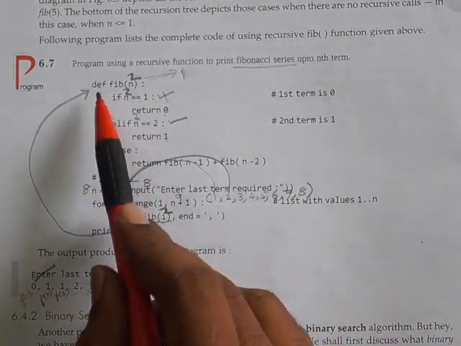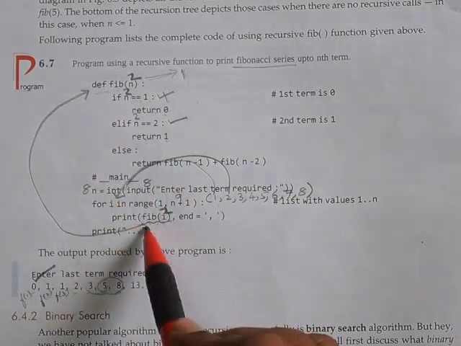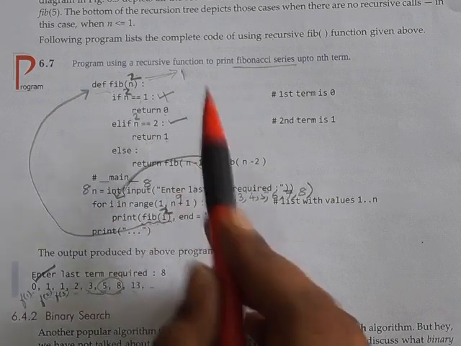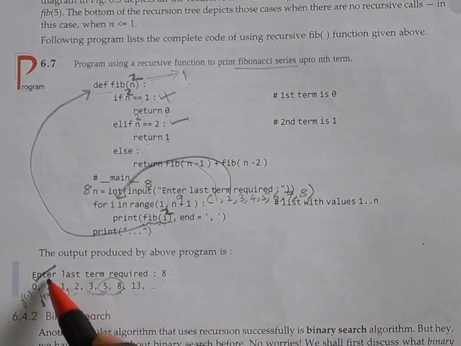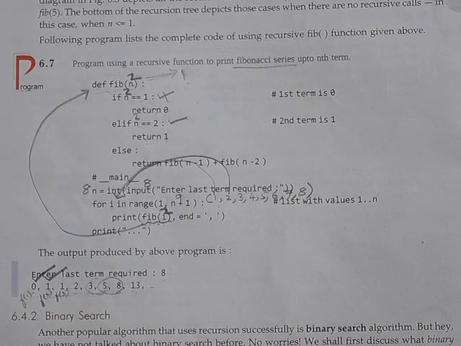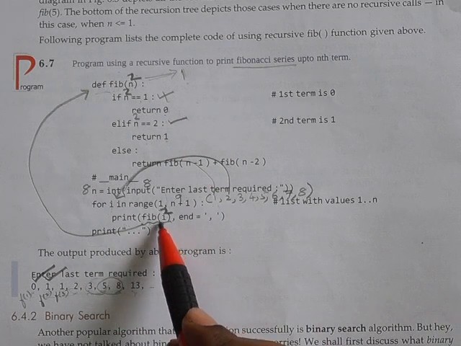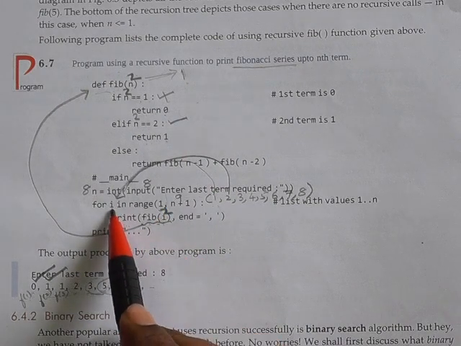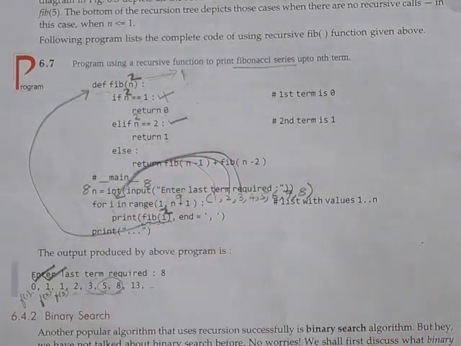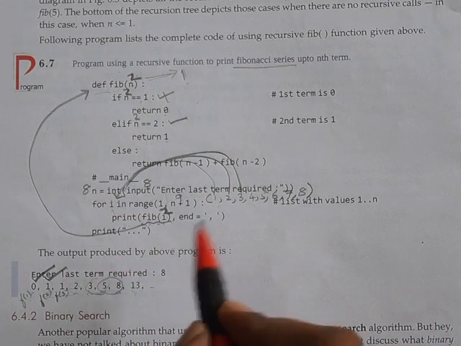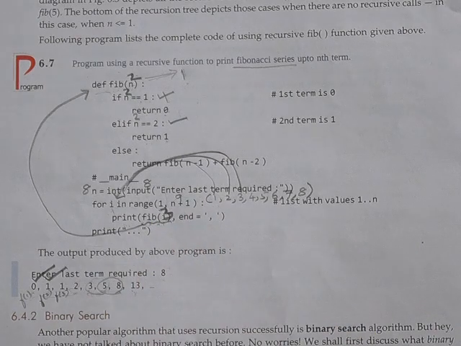So this work is fully finished. Where it came from, it will go back to the same place here. So the fib 2 value is 1. So it will print 1. So this 1 is printed now. Got it? Okay. So now, what is the value of i? The i value is next one, it is 3. Okay. So fib 3 is going to be executed.